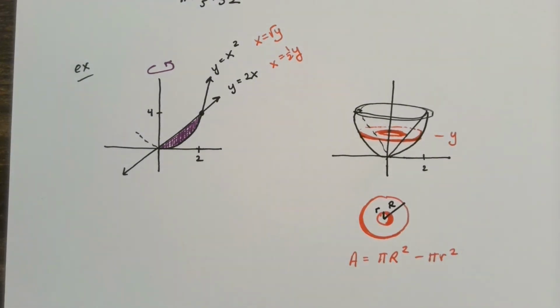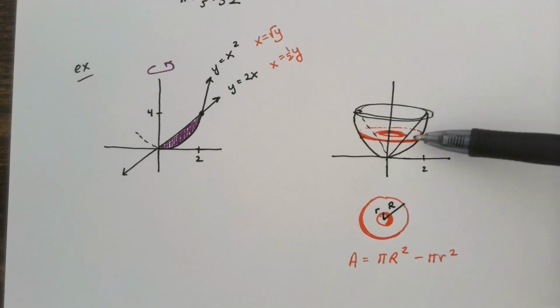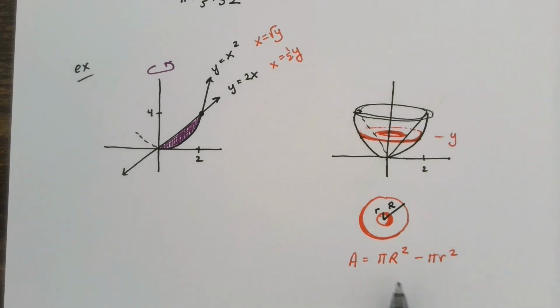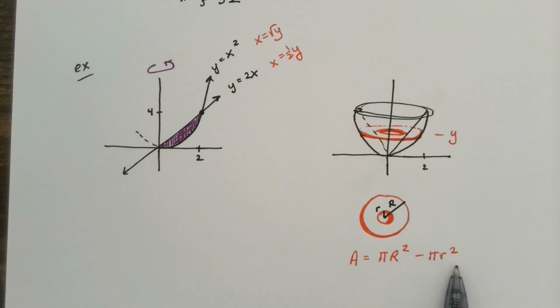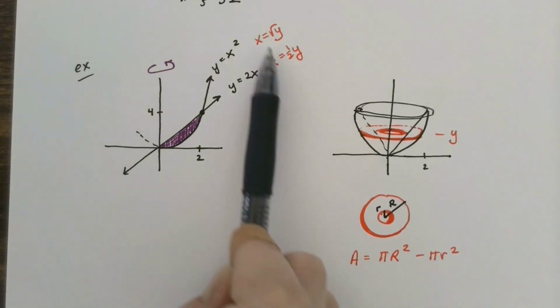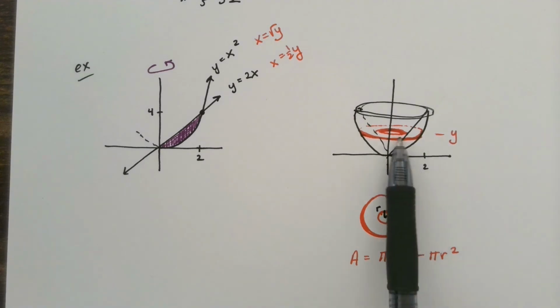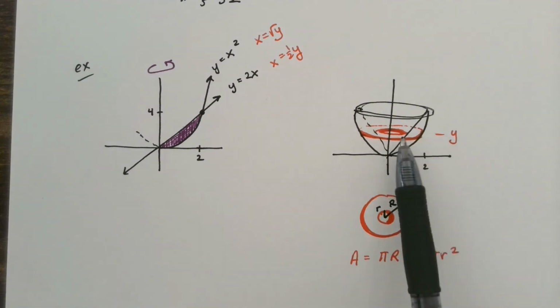Both big R and little r are going to be determined by what y value you're at. Because if I cut it way up here, they're actually really close together, and down here it kind of gets puffier, and then they get closer together again. So these are both going to be functions of y in this case, and these are our two candidates here kind of volunteering themselves. So we're going to look back at the picture and say, okay, well, big R is going to be,